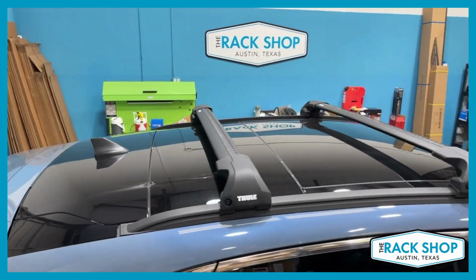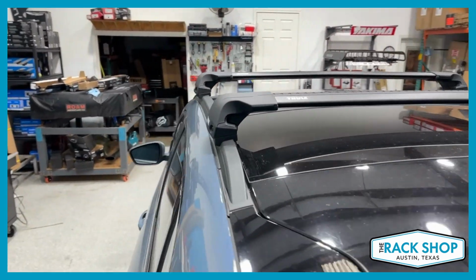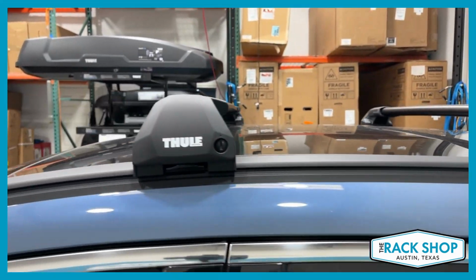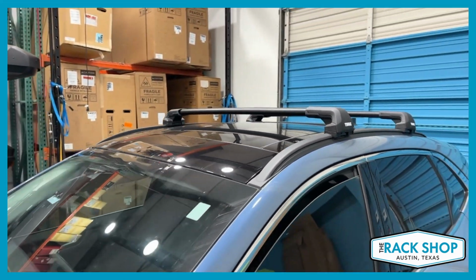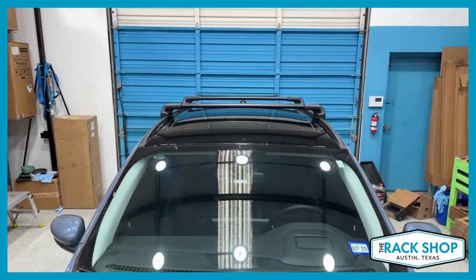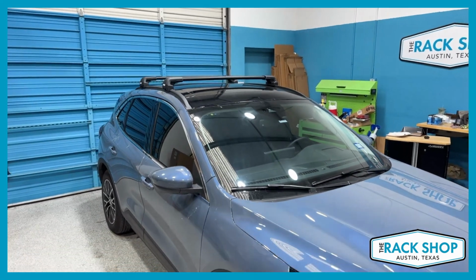The Edge flush rail foot pack, which comes in a set of 4, and vehicle specific fitting kit 186049. Locks are available as an additional accessory but are not required. Overall, you have a carrying capacity of 165 pounds evenly distributed, and crossbars can be mounted along the length of the rail. As a fitment note, the panoramic roof on this vehicle cannot be opened, so don't open it while